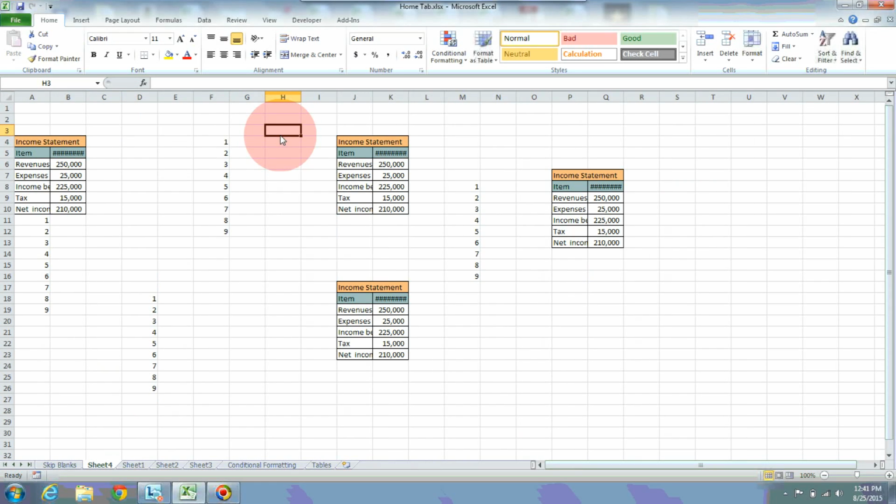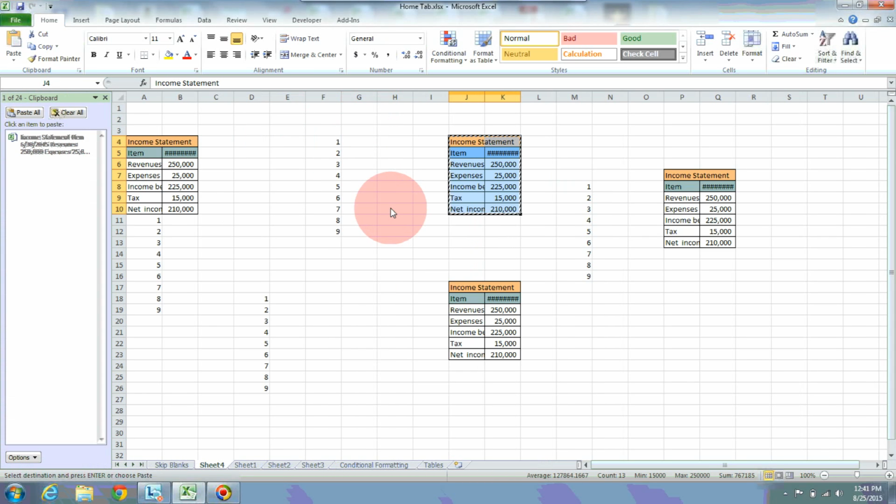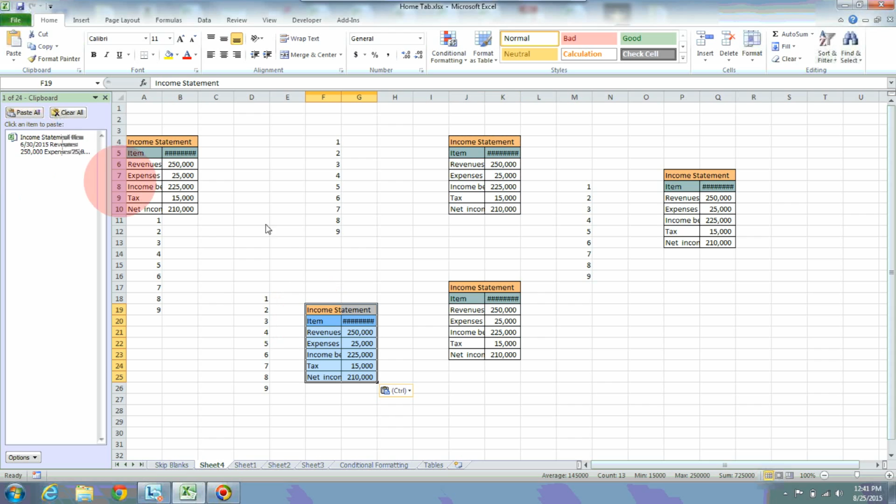I am using Control C twice. Control C once, again Control C. Say I have selected this area, Control C. When I use Control C twice, it automatically shows the clipboard, and at the same time the data which has been copied will be exported from the worksheet to the clipboard. I can utilize this data anywhere as per the requirement. So let us see the next option.